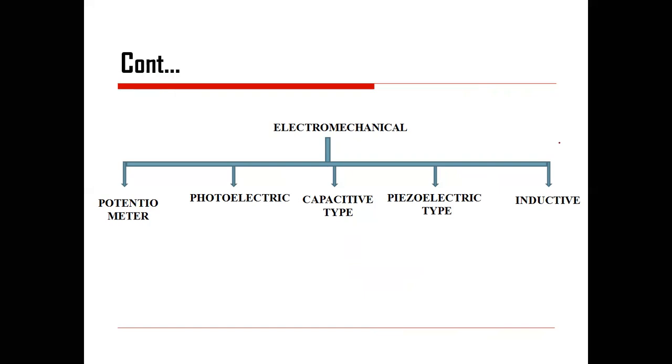Now the question in your mind will be how this electromechanical type, for example, potentiometer, we are using for the pressure measurement. I don't know how many of you have heard about the spirometer, that is a commonly used device in medical systems to record the respiration rate. In that one, they are using a potentiometer type of sensor to reflect the resultant output of the